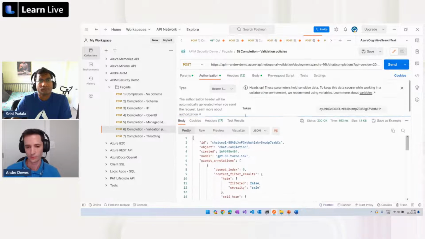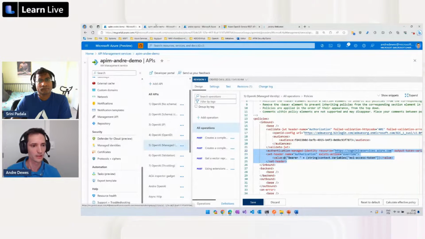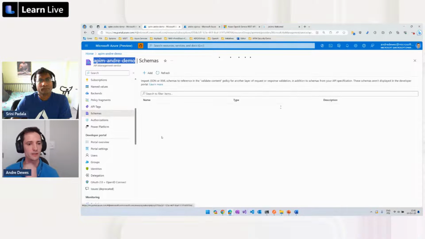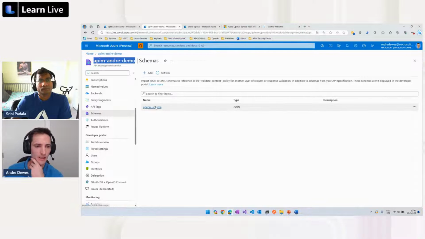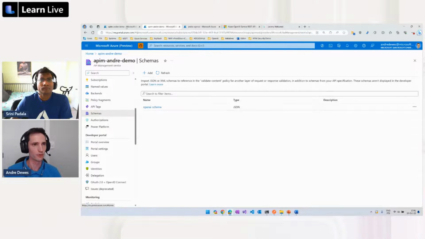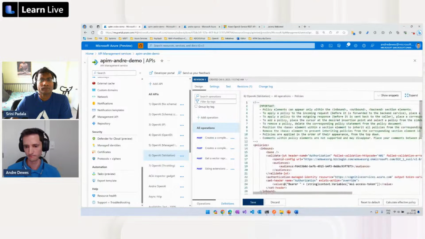I've got some slides, but I need to rush a little bit here. So the next theme I want to show you is how we can do validations for the content. So in APIM, we have these API schemas here, and here we can just add the same OpenAPI specification, the JSON file that I showed you before from the Azure REST reference page, as one of the JSON schemas. And then from the policy inside the API,